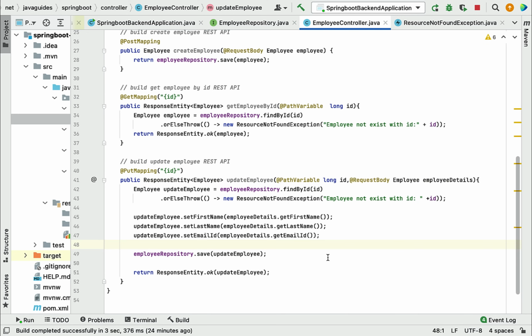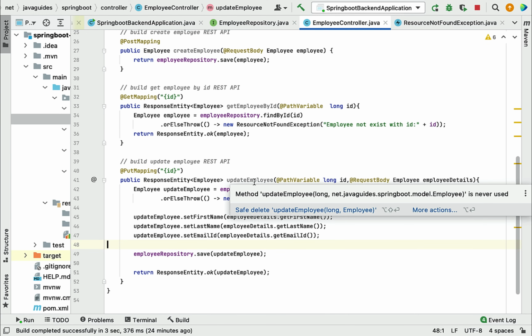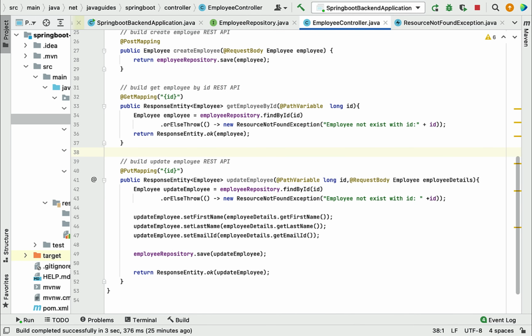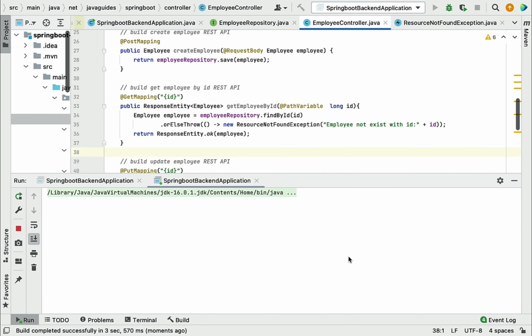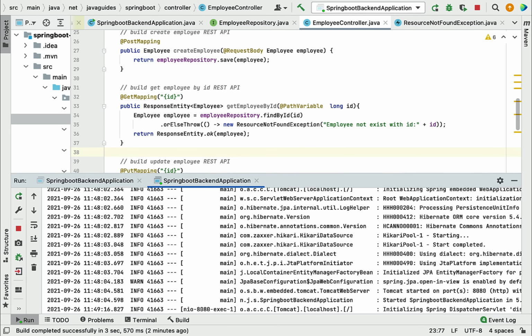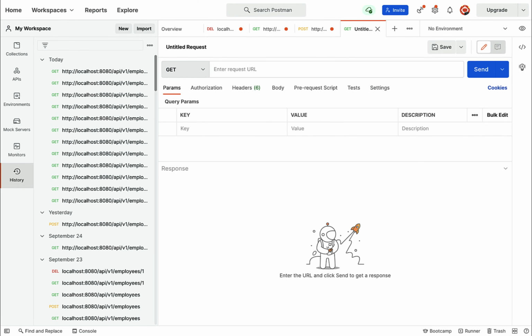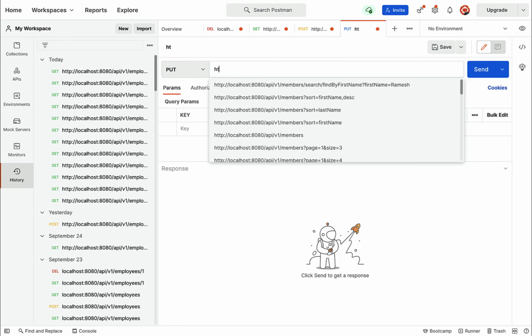Now let's go ahead and start the Spring Boot application, and let us test this update employee REST API using the Postman REST client. So let me go ahead and restart the server. So our Spring Boot application is up and running. Now let's go ahead and test this REST API using the Postman REST client. So let's head over to Postman and create a new request to test this REST API, and make sure that you choose the PUT HTTP method over here, and here just type